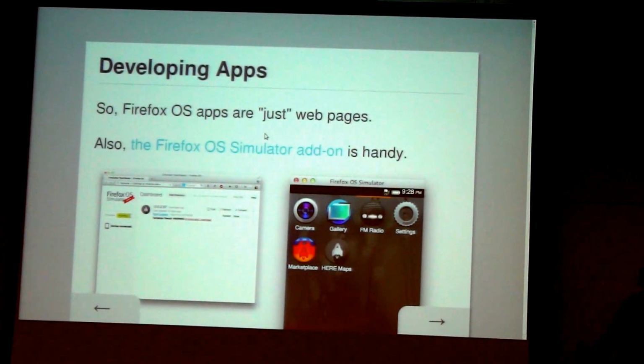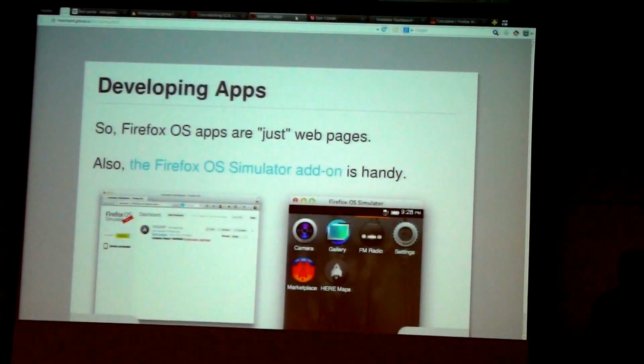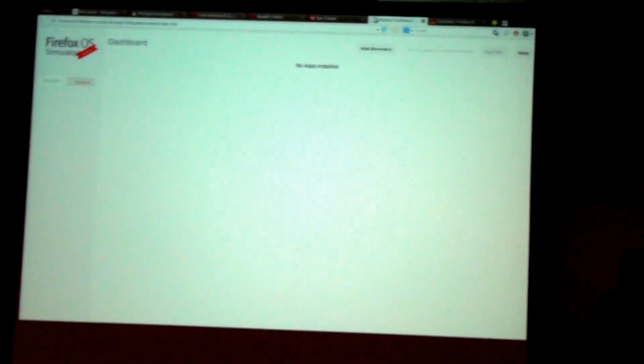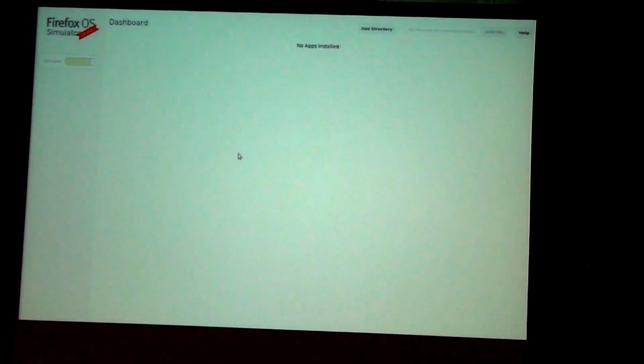Okay, so my next thing, I said that they're just web apps, but that also gets us in trouble because they're also strange, because they're on a mobile device, so we have to make some tooling. So one of the things we did is a Firefox OS simulator that actually installs as an add-on in Firefox. And this will actually run